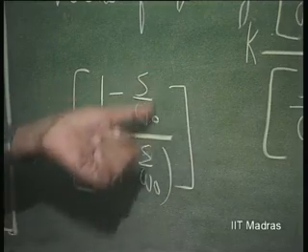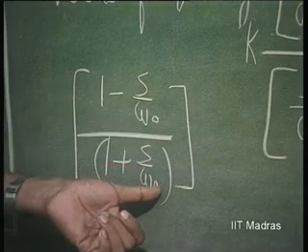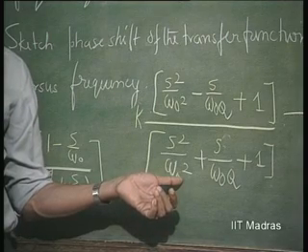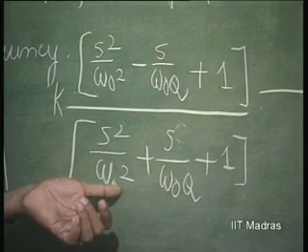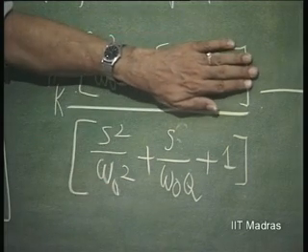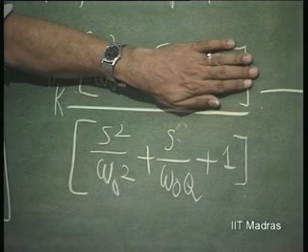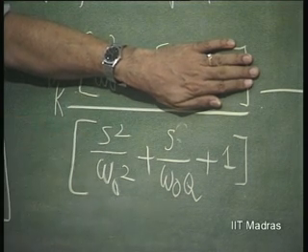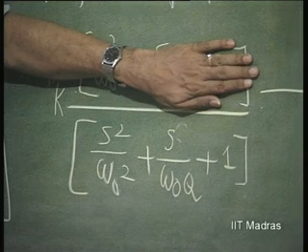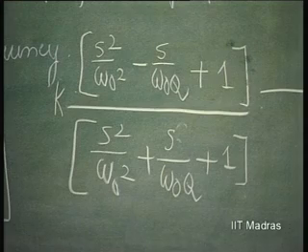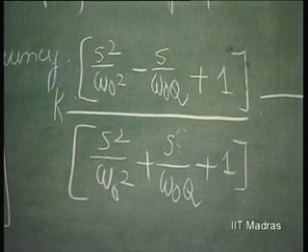A second order all pass will give you a phase coverage of 0 to 360 degrees. Now, that can be concluded, the pole alone can give you a phase shift from 0 to, since s squared means minus omega squared, 180 degrees,